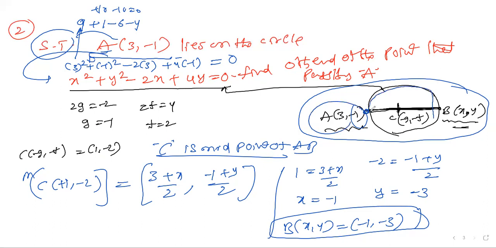Initially, if you want to, you can do it this way. After your confirmation, this point lies on the circle, because they are asking you to show that. I have shown that, and also found the other end of the point. If a point lies on the circle, then when you substitute the point, the equation becomes 0. Therefore, that point lies on that particular circle. Is it clear? Thank you.